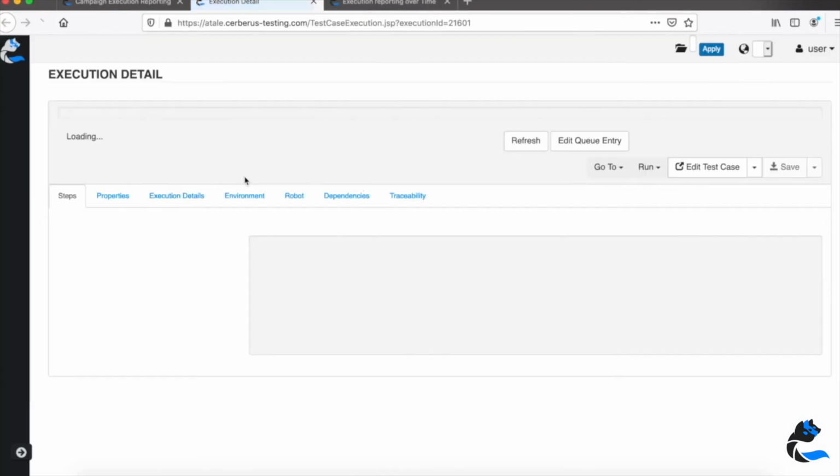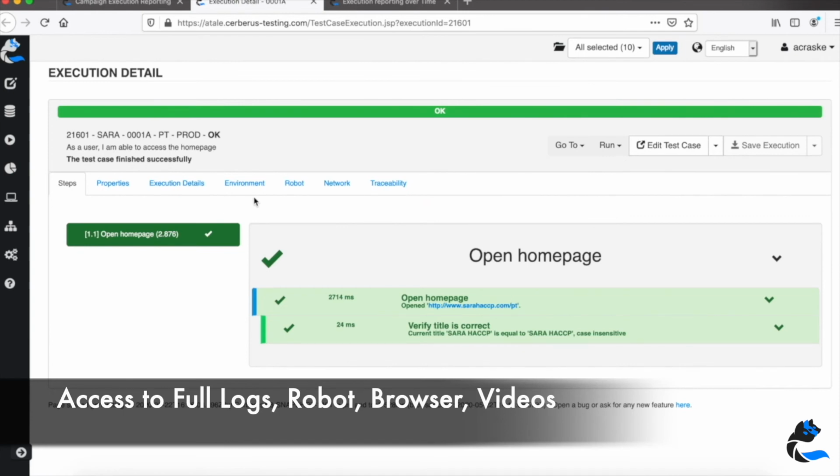Then we can access directly to a test case trace and report just by clicking here. So this is what I just did now. And for example, here I will click, I arrive on the test, and I see that I have access to the full log of action and controls that was performed, the timing, the different variables that were calculated, for example, if you have some specific data that are retrieved in SQL, etc.